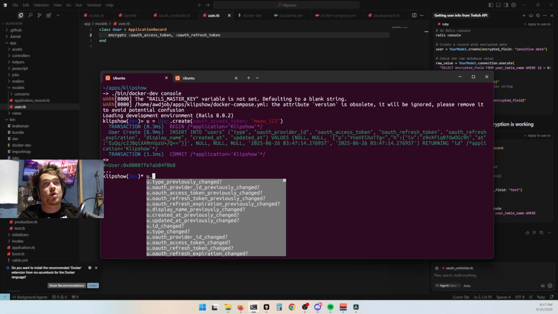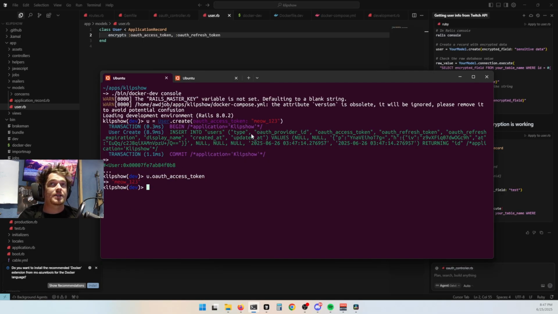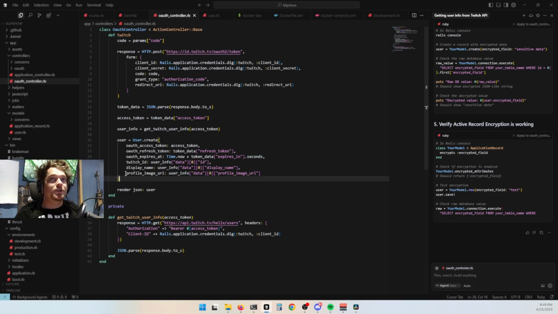So now if we go into user.oauth_access_token, we're able to see it in plain text, but in the database, it's stored encrypted. While writing the next piece of code here, I just realized that I didn't include a profile image URL column on our user record, which I did mention we are going to want to use for displaying in the streamer